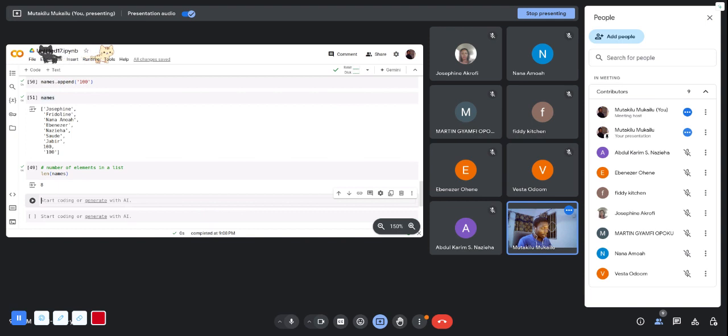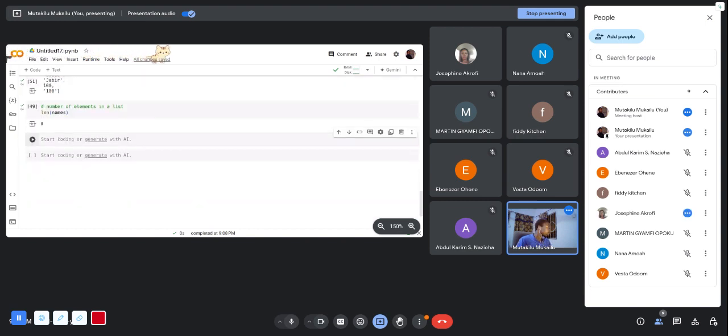So let me maybe scroll it to the top so that the same way like we used append. You call the variable names and then you dot instead of append. If you want to remove, we do dot remove, and then you can do Josephine. Remind you, if you are removing, make sure that your spelling is the same as how Josephine is